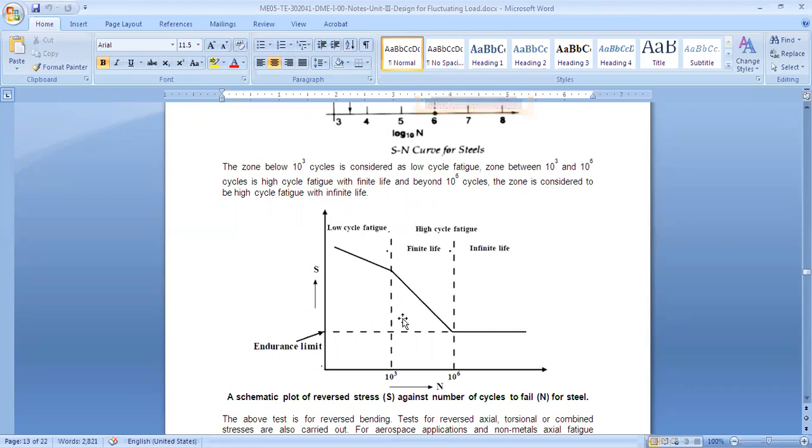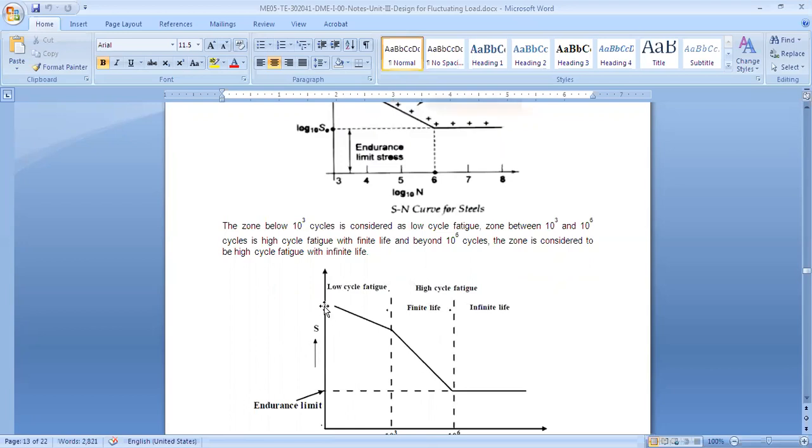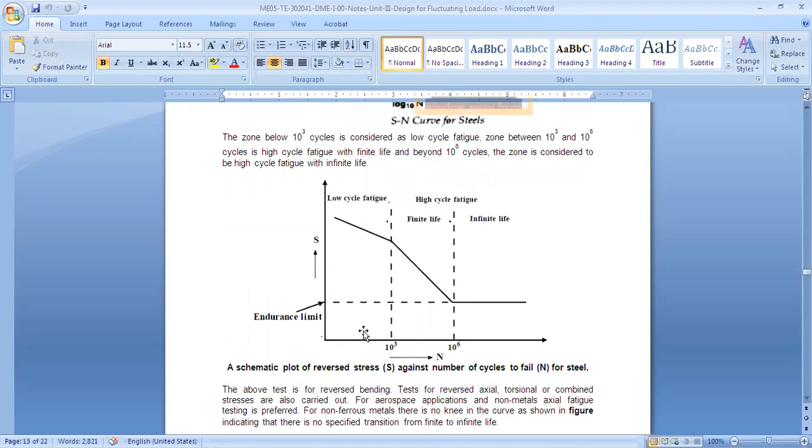So it's basically a plot of stress against number of cycles on a logarithmic scale. On the x-axis we have 0, 3, 6, like that. Beyond 6, we consider it as infinite life. On the y-axis we have stress with the log of that, and the lower limit is the endurance limit. Below that it will survive forever. And if we consider only from 3 onwards, then it will have 0.9 SUT here, and this is basically where the SUT is. So this is how we plot this SN curve.